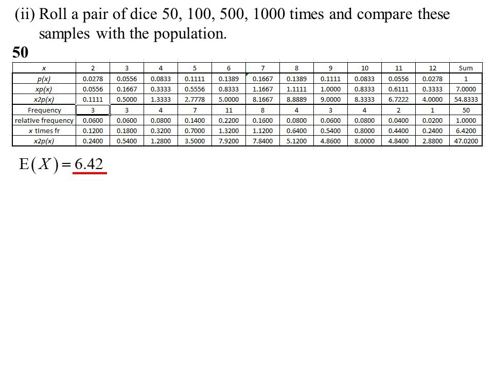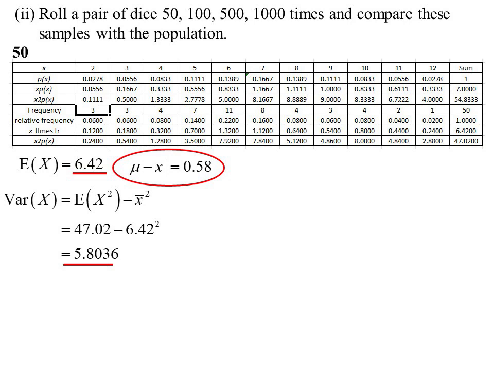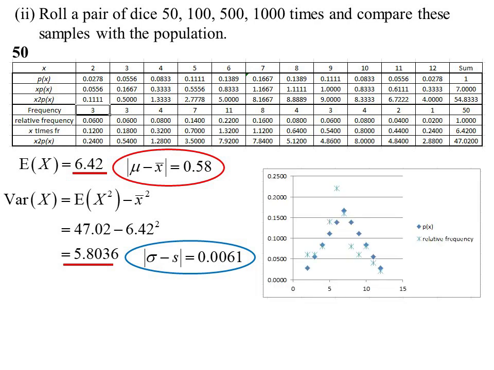The expected value of my experiment with 50 was 6.42, and not quite 7. There's the deviation, 0.58. The variance for that one was 5.8036. If we put both of those on the graph, so the diamond one there was the theoretical, the asterisks are what the experiment did. As you say, the bigger n, it should get closer to being that. And you can see, well, look, the one right at the top there, a long way off, and so on. I mean, I could redo that experiment and I'd get different results, because it's all just random.